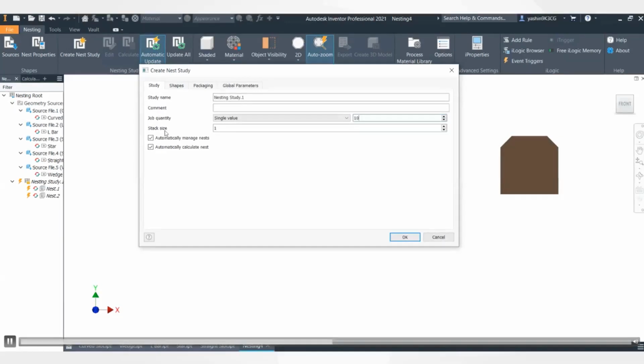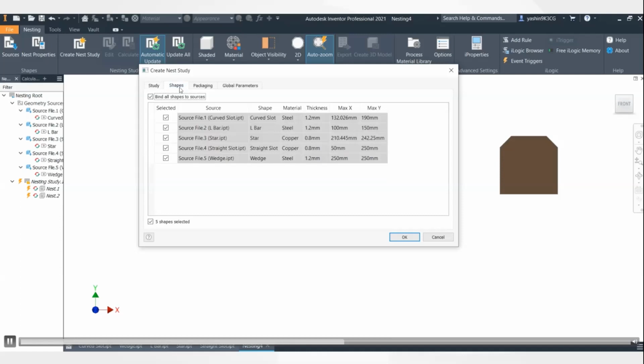Over and above that you can define the stack size. So the stack size is just going to be what is your machining operation? Do you cut 3 pieces of material on top of each other? You can input that information there, and then it will be calculated into your nesting study as well as yield